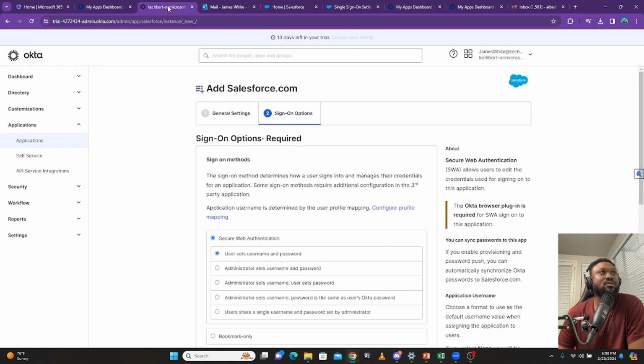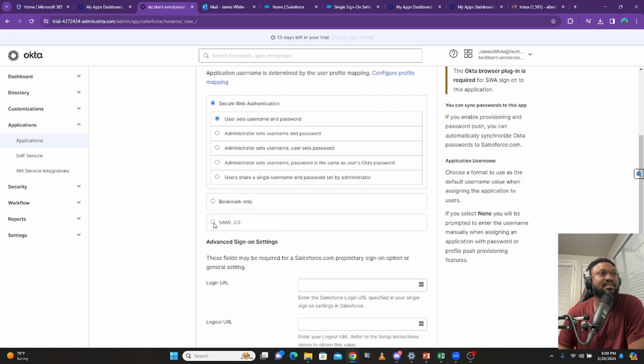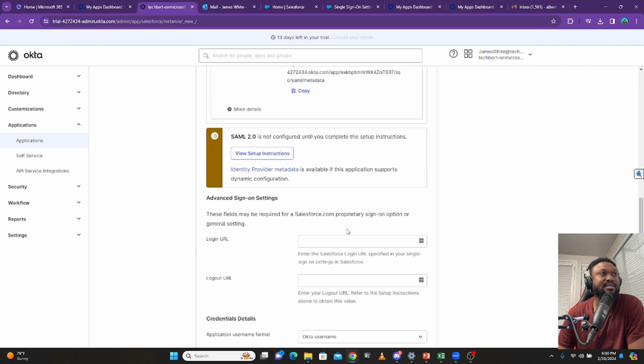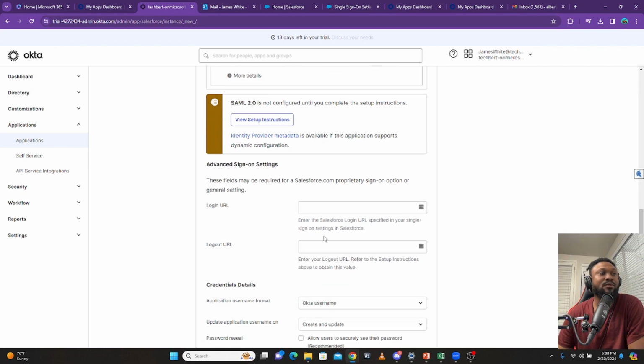So now let's go to Okta. So here in the sign-on options, you are going to select SAML 2.0. When you select SAML 2.0, the next thing is that it's going to ask you for the login URL. Now you don't really know the login URL. You have to go through the process of setting up Okta first before you get the login URL in the